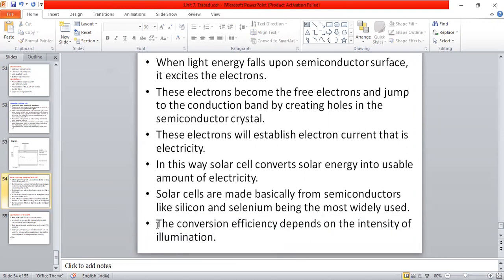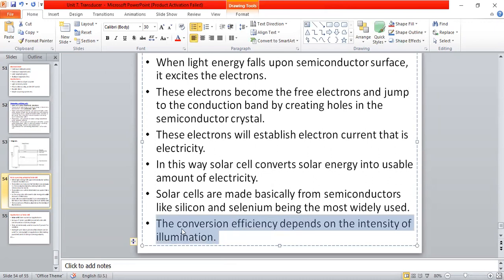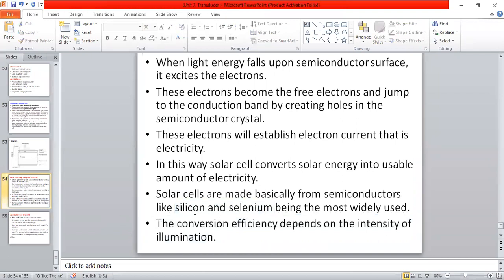But the technology has improved very much. Nowadays they have created a material with which even in the night time you can generate solar energy. Previously we were using silicon and aluminum. Now the material has been changed, and even at night they are generating. So much research work is going on.